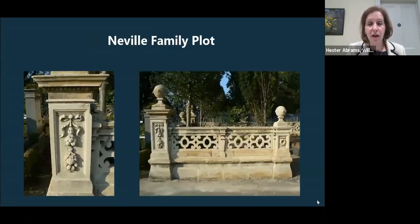So this was a different type of project because it's a family enclosure. This is the only picture we've got. Again, the work in progress. I should simply say that there are maybe 6 or 7 flat tombs in there, and the only one that looks like it's of any biographical note is to